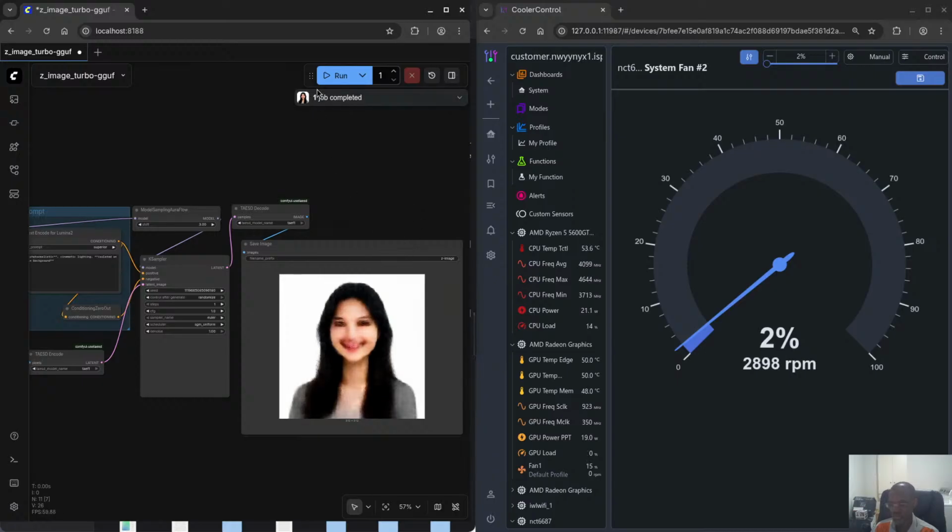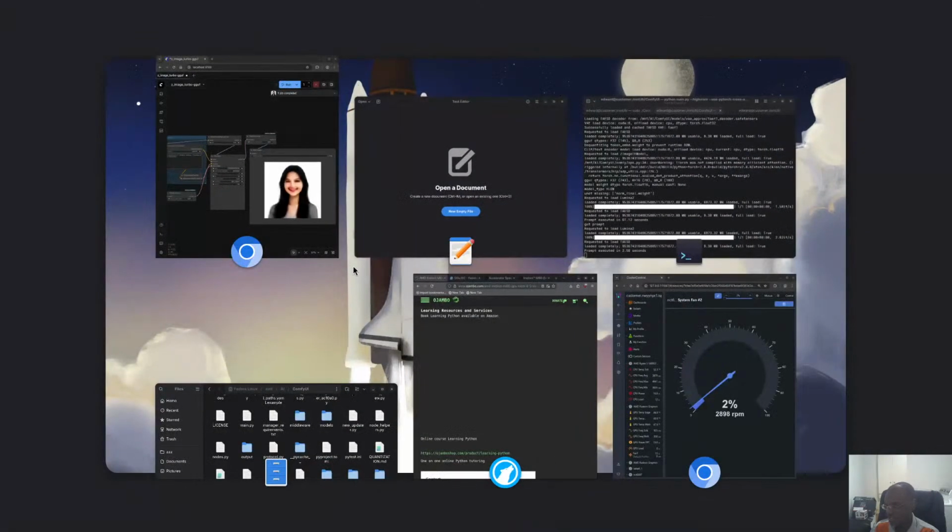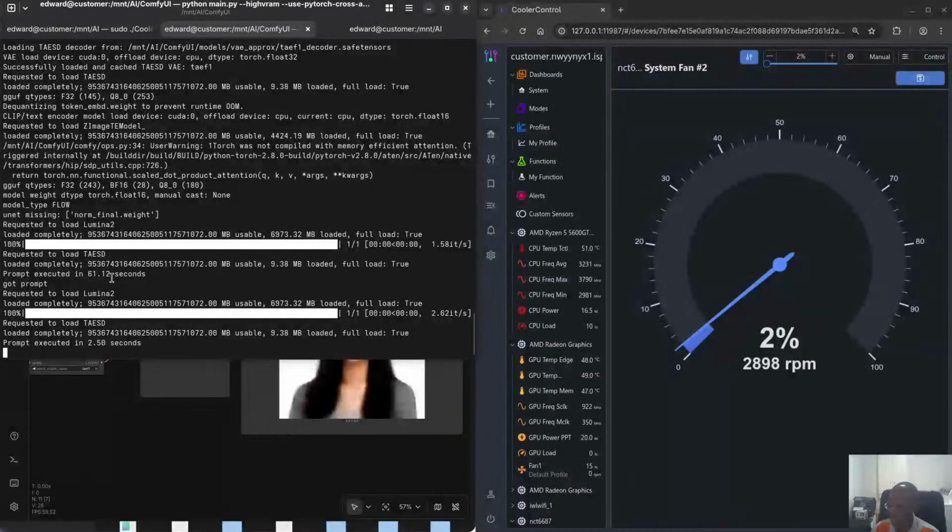And you see, much faster, right? Don't worry, we'll fix that. If we go back to the command line, you see the first time it took a minute. The second time it took 2.50 seconds. So that's pretty good. I'm happy with that. However, let's fix this. So what I found was, if we go here,